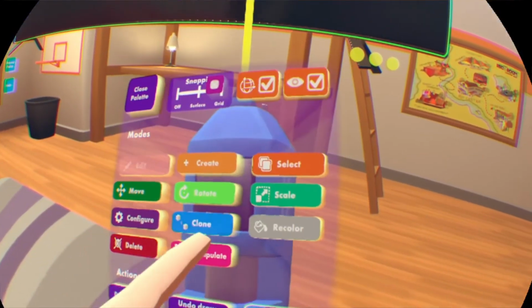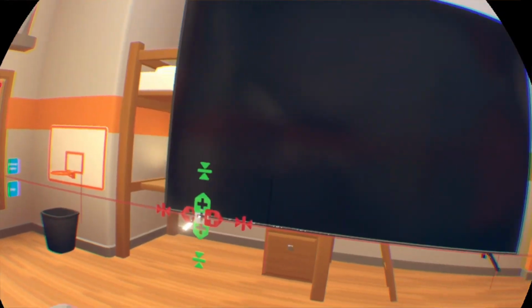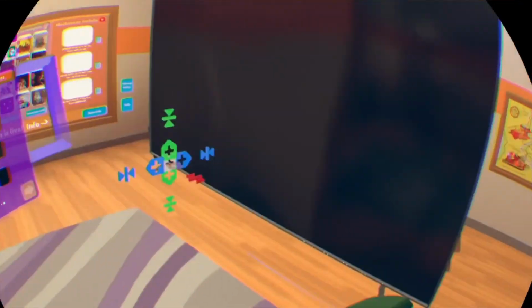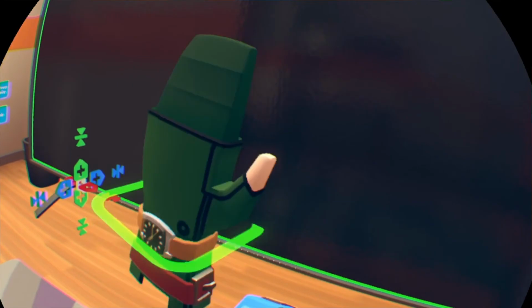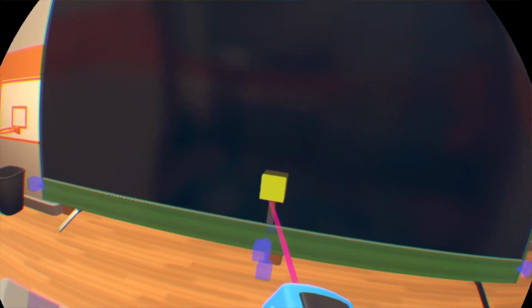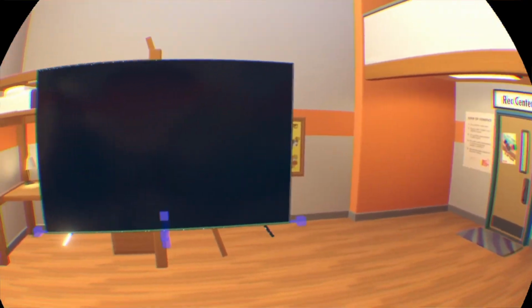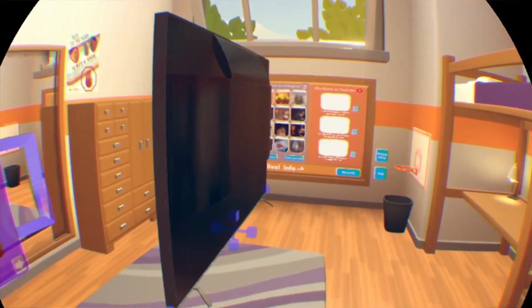And then you can select both of them and just clone it across. I mean, or you could just spawn them both in, and then add a little crossbar here. Just manipulate this bit up a little bit if you want, put a logo on it or something, or put text like Rec Room or whatever you want there. But I'll just leave it plain. So there's your mediocre TV,